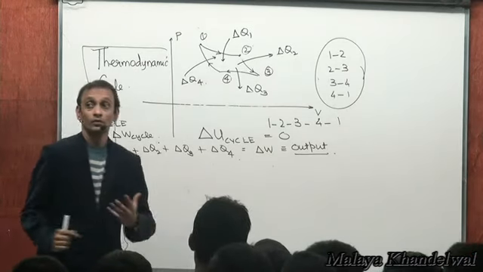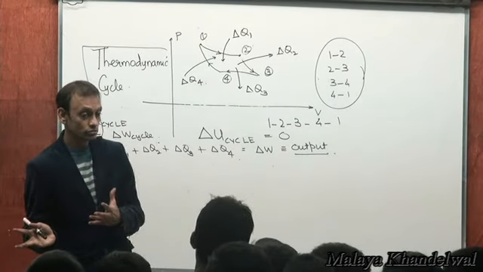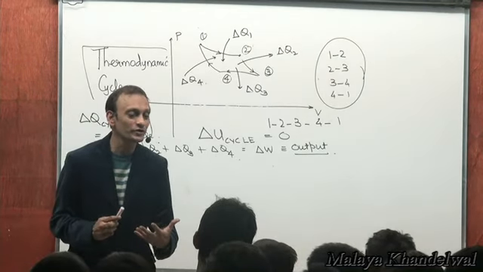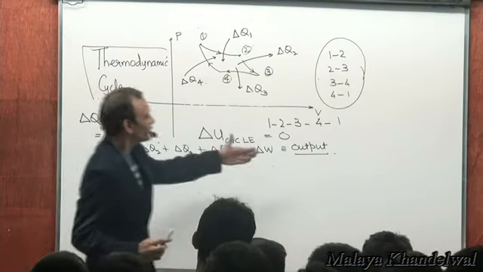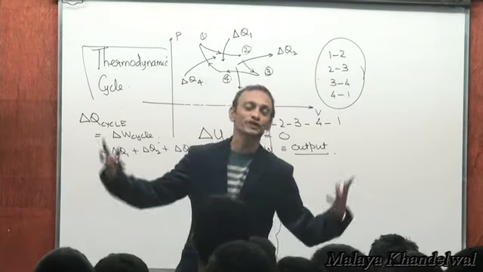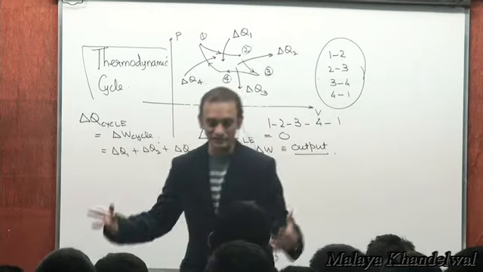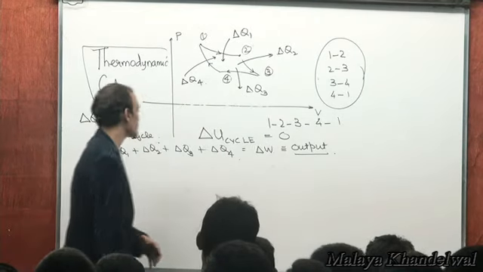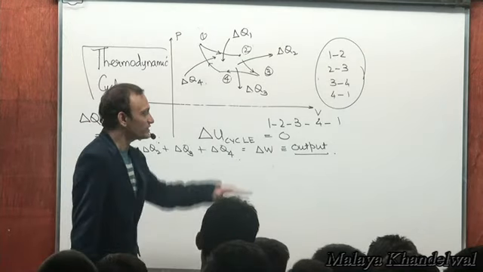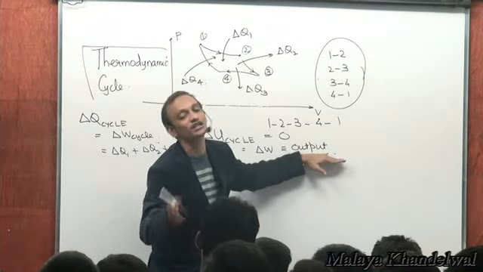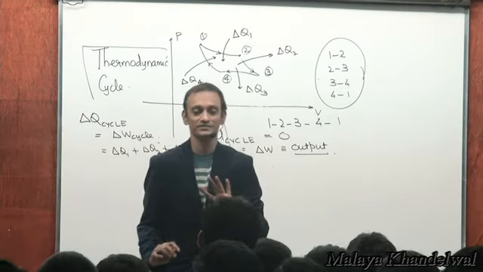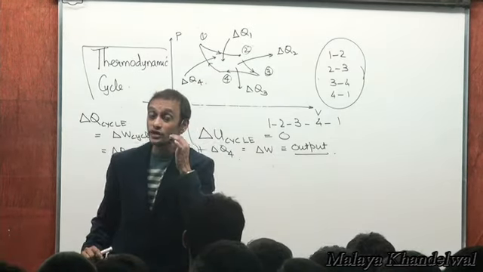Now, in order to... Yeah, but then we don't run that cycle. We don't run a cycle in which it's consuming energy. If we are running a thermodynamic cycle, it's with a view to get a work output from the cycle, right? And if it turns out to be negative, that will not mean that that will still be the input. Input to the cycle will mean something else. Input to the cycle would really be